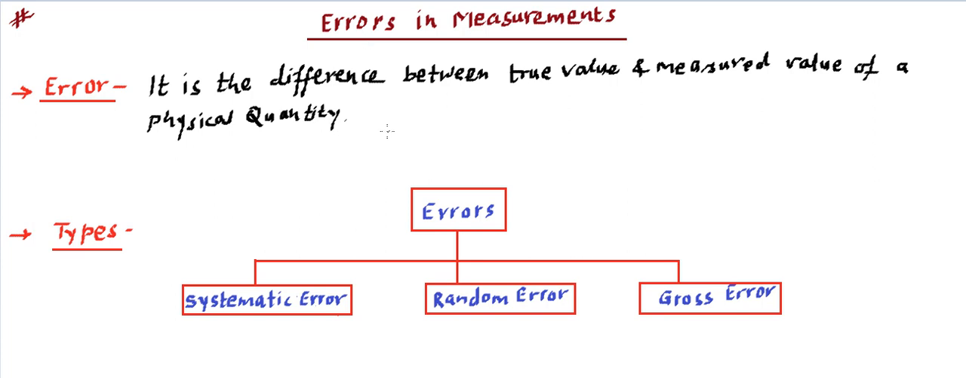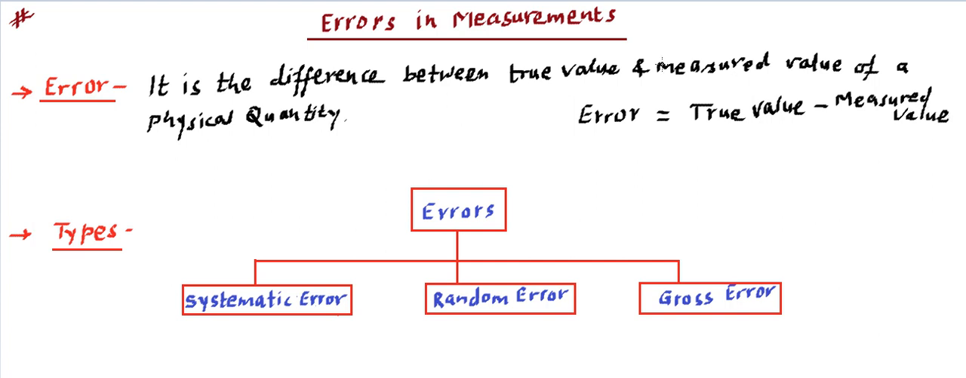This we can also write as: error is equal to true value of any physical quantity minus measured value. Now the measured value can be found after doing the experiment, and the true value is something we are interested in, and the difference of the two is the error. So suppose we are interested in finding out the true value. From here we can have this expression, let me write over here,